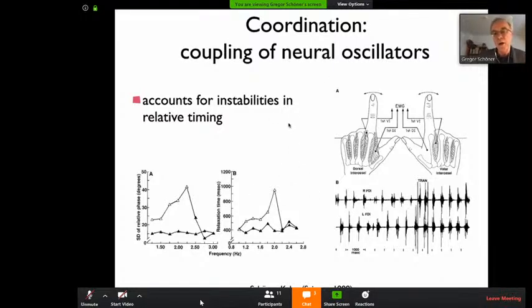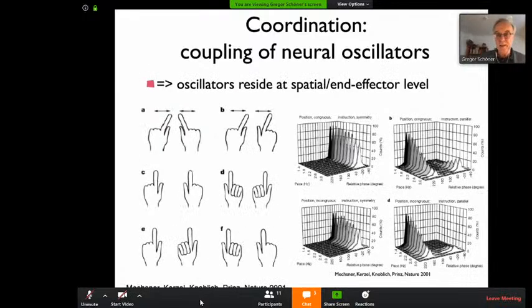This account for coordination is supported essentially by predictions about instabilities in relative timing. I'm not explaining this here. If you know about that, that's where you can locate that in this big architecture somewhere. Time courses are generated by neural populations that oscillate, and it's the coupling among different populations like that that accounts for coordination, and including these instabilities. And in fact, there's one interesting wrinkle of that work. There's a lot of different arguments that can be brought to bear, but one wrinkle of this work is that